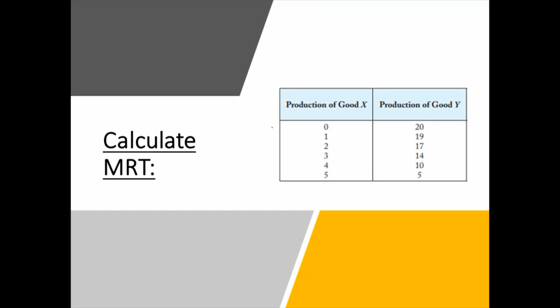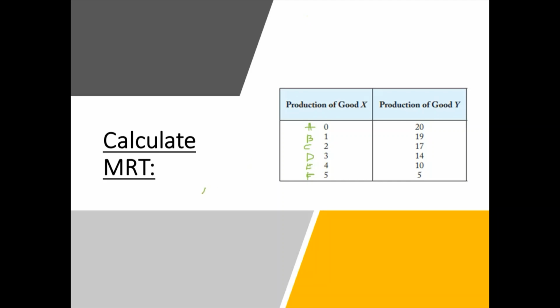Now we'll move to a practical question. So this is basically calculating the marginal rate of transformation. Like we've actually seen how it's calculated. I'll just mark the points. Suppose this is A and this is B, this is C, D, E, and this is F. Now you have to find the marginal rate of transformation for C, right?